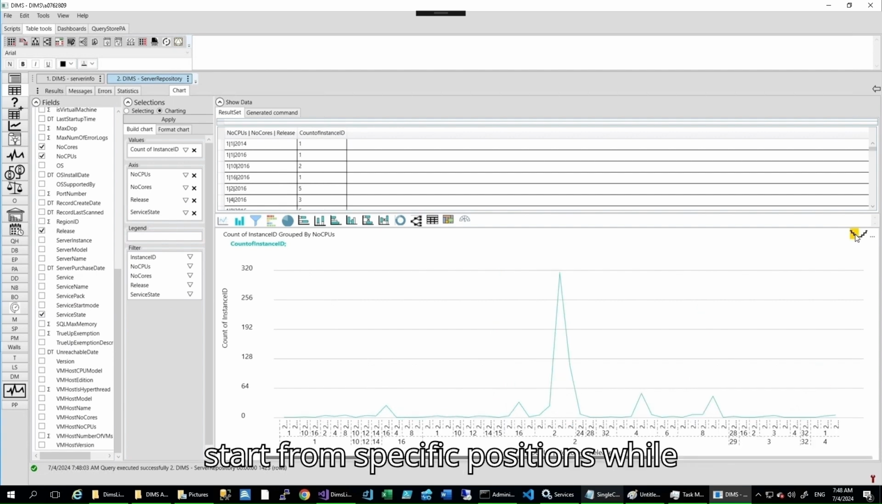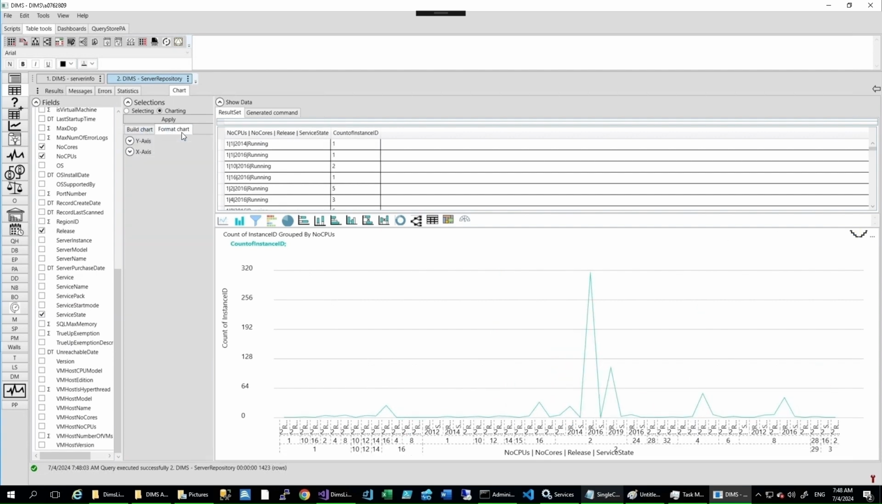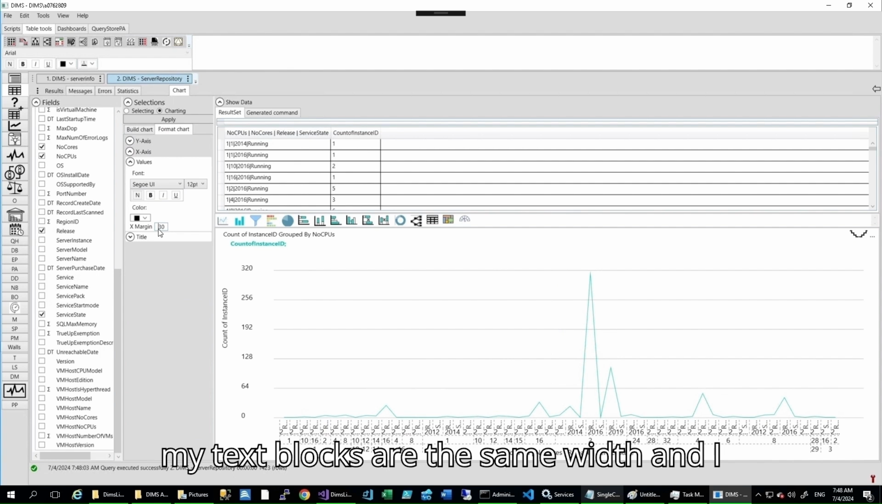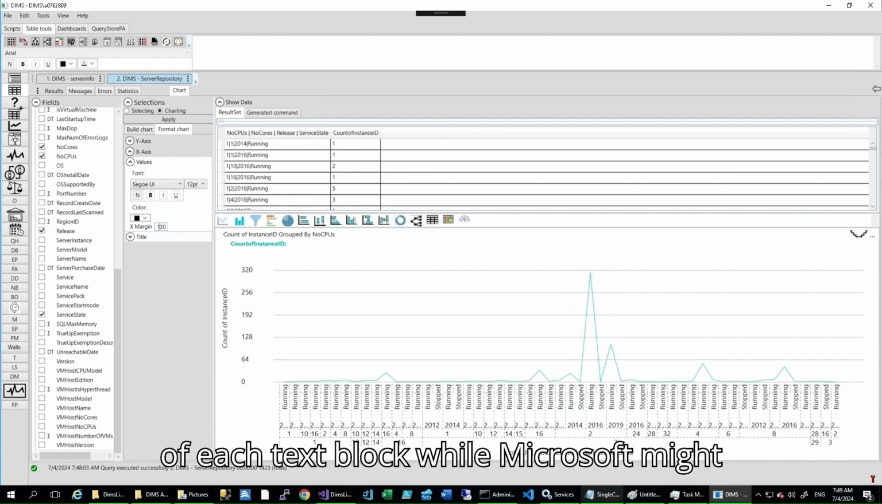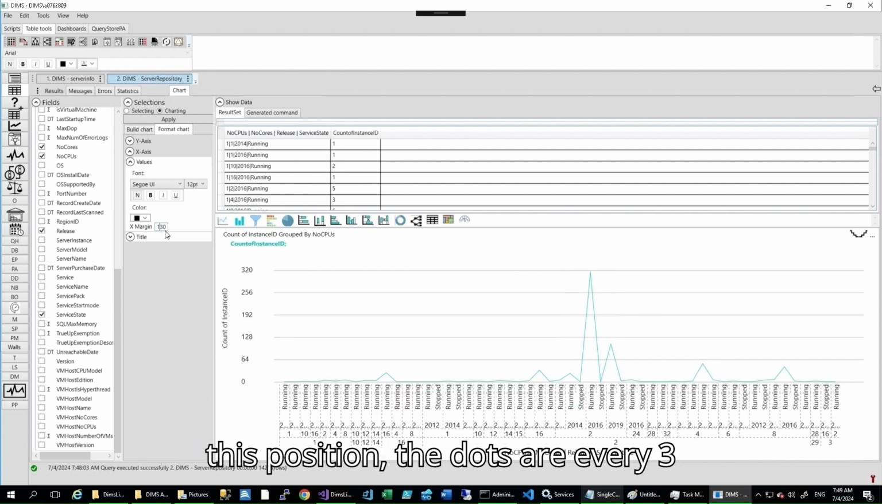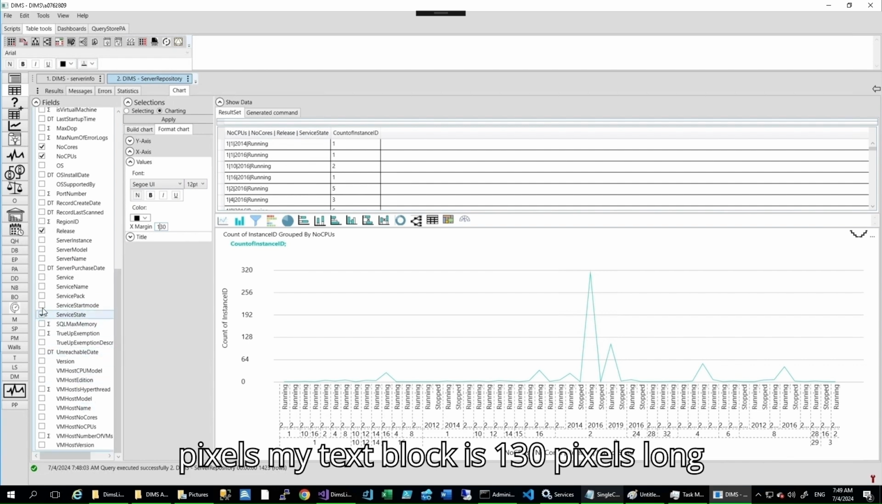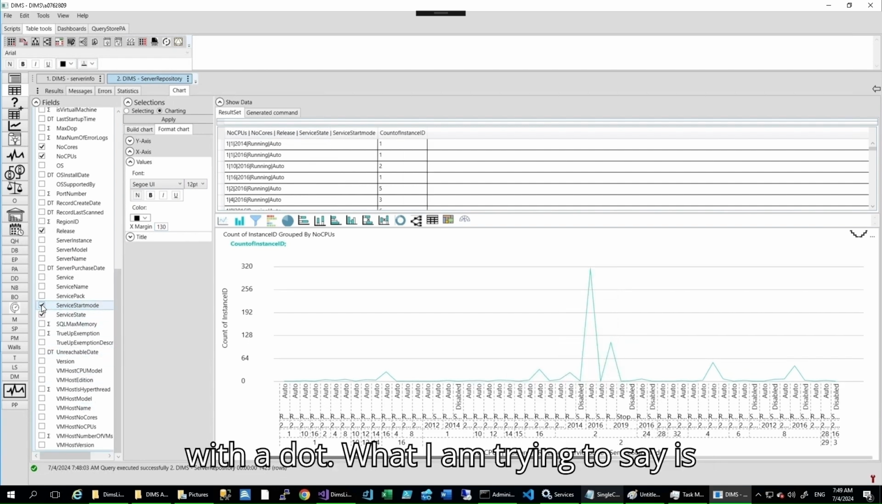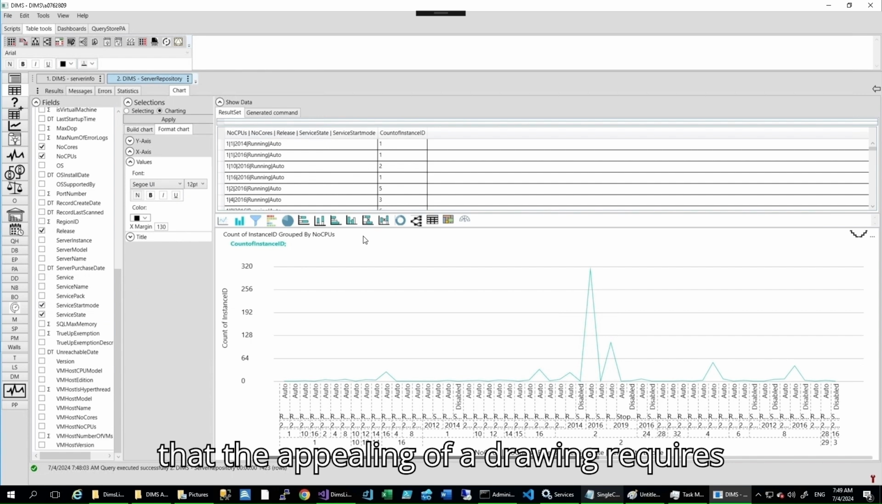The reason might be that I start from specific positions while Microsoft might calculate to the digit. For example, for the y-axis, like I mentioned, my text blocks are the same width and I start the dotted line from the x position of each text block, while Microsoft might employ logic like: I start from this position, the dots are every 3 pixels, my text block is 130 pixels long, hence my dotted line will most probably finish with a space, hence I should start with a dot. What I'm trying to say is that the appeal of a drawing requires not only talent but a lot of